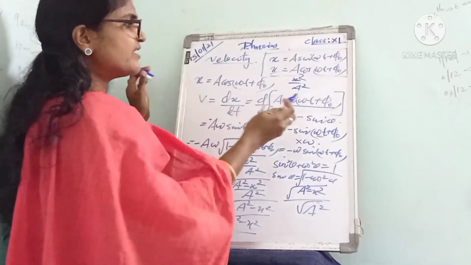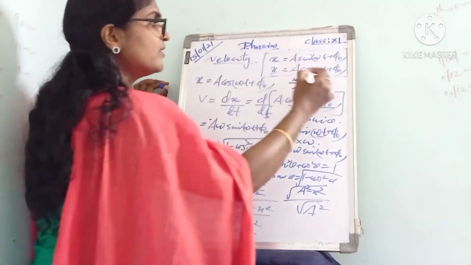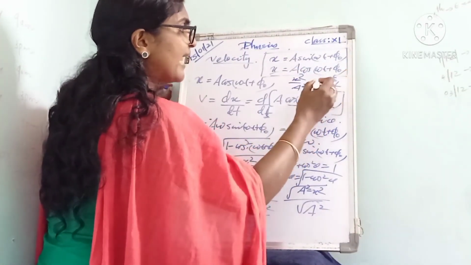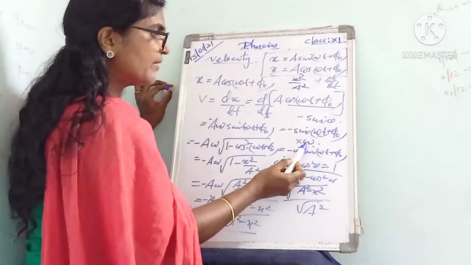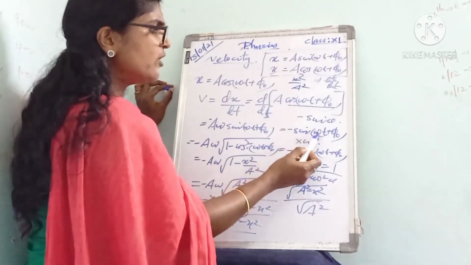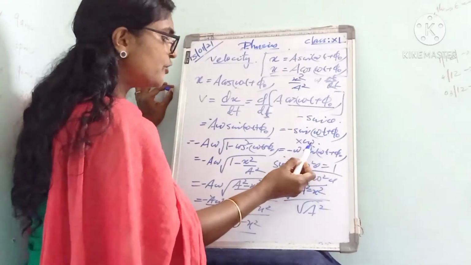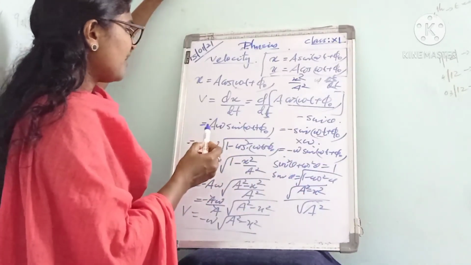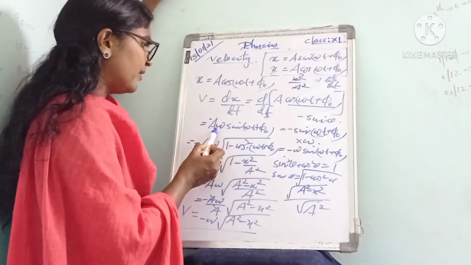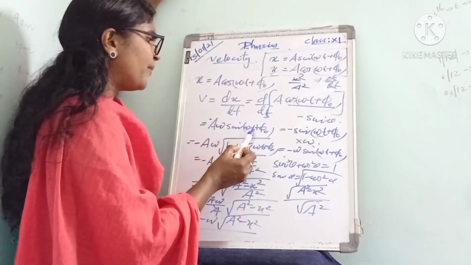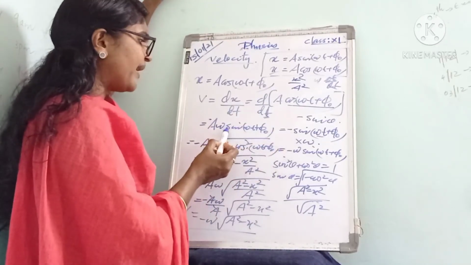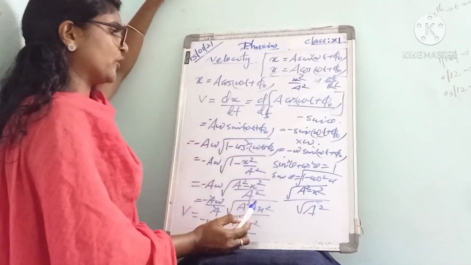Then we have to differentiate this ωt again. So we got ω into dt by dt, and this cancels and remaining is ω. Here it is. So minus sin(ωt + φ0) into ω. That thing we can write what, minus aω sin(ωt + φ0). Here already a is here, then minus ω sin(ωt + φ0).